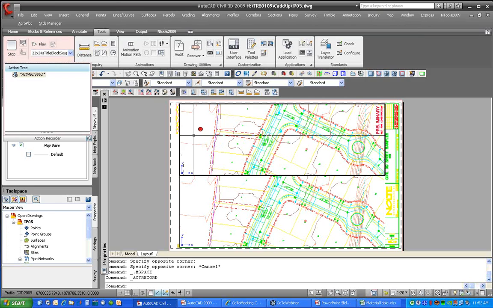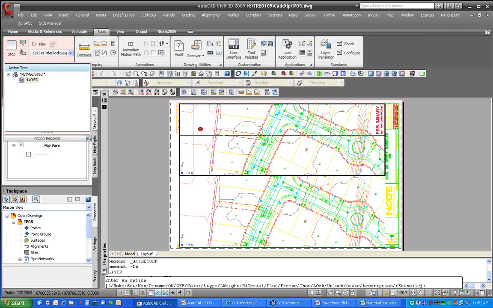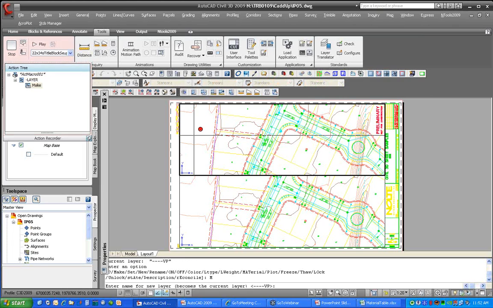One of the things I have found with the recording function is the more command line commands I do, the more automated I can make it. So let me start off. I'm going to make a layer. So I'm going to do -LA, which gives me the command line version, and I'm going to do M for make, and I'm going to do